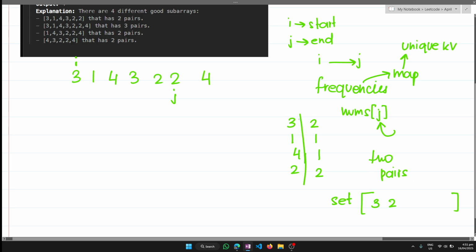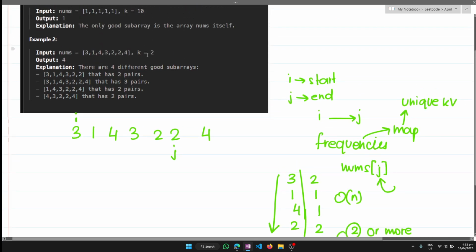Now I don't have to do the O of n operation of iterating through the map. I just have to see what the size of the set is. So if the size of the set is, not 2 or more, basically k or more, right? In this scenario, k was 10. Right now I have k as 2, so I need 2 pairs. In this one I need to have 10 pairs, and we are going to go over this particular test case